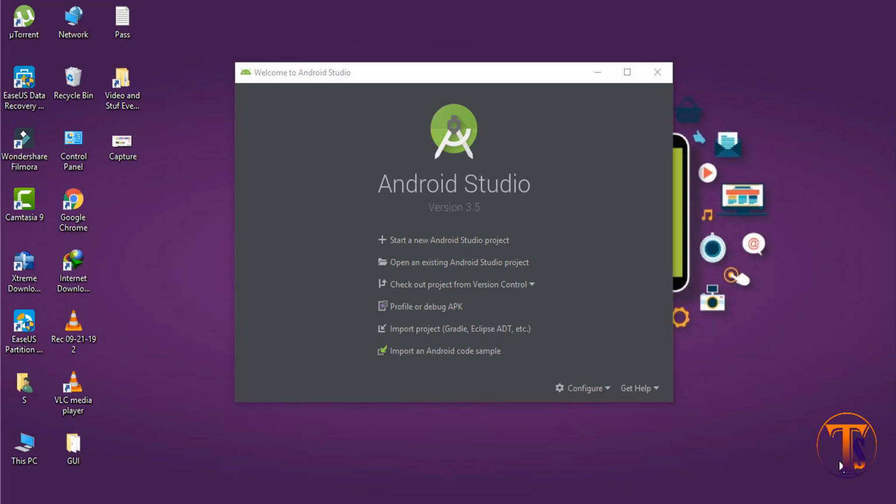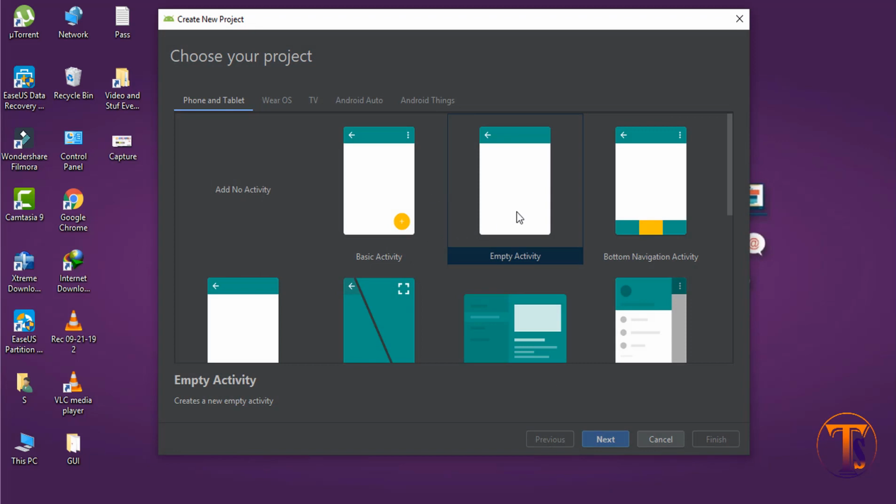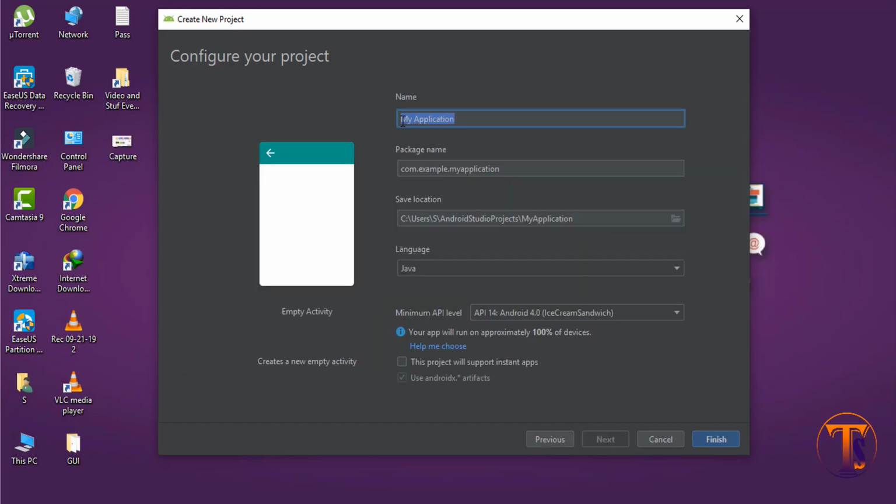Friend, in this video I will show you how to create a new project in Android Studio. So first of all, click on start a new Android Studio project, and here you select empty activity and click on next. Here you need to type some name. So here I type my project name is my first project,